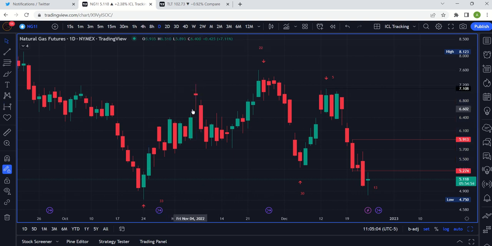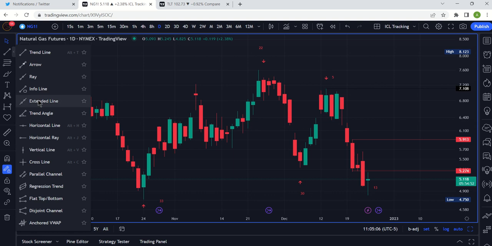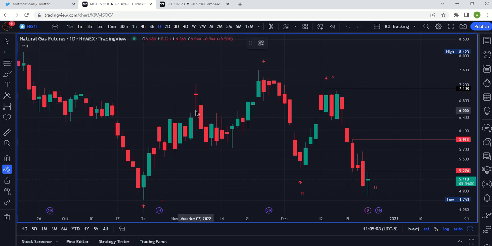Because we made this high and then we had a swing high. That's how a rally ends, right? That's important to understand. The rally ends with a swing high. It starts with a swing low. It ends with a swing high. This is a swing high because the candle marks the high. And once we go below the low of that candle, we mark a swing high. So we did that here.